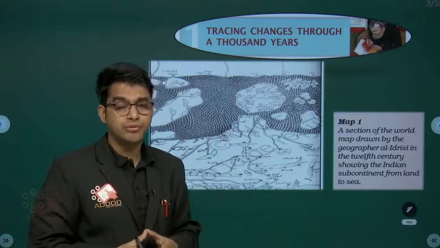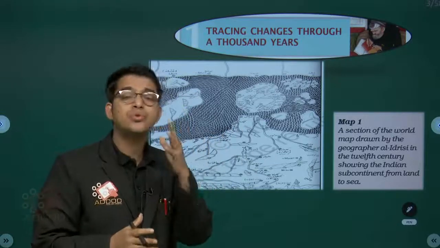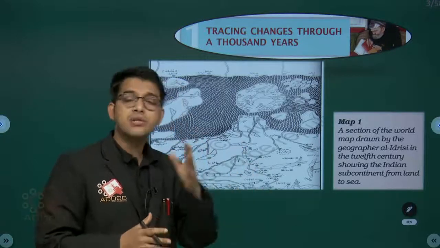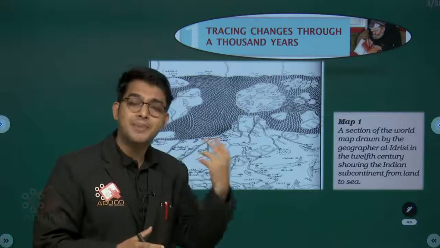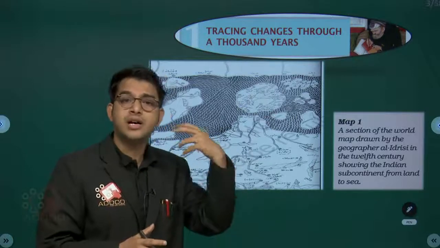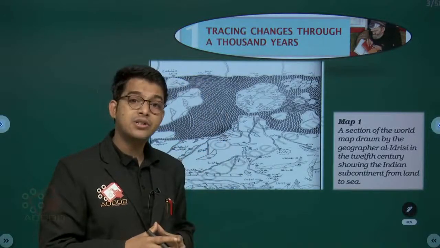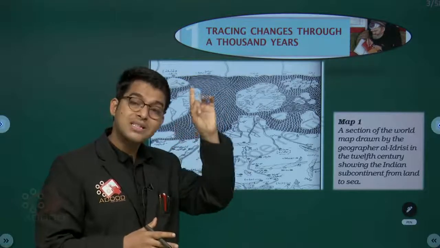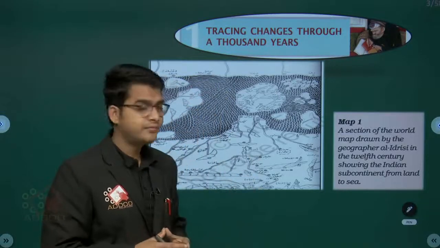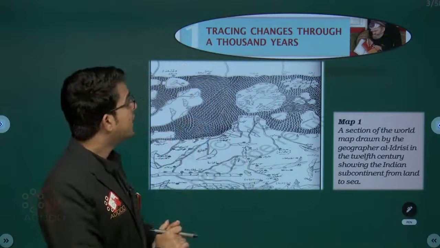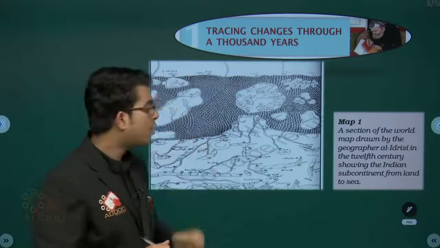Now you have the metro. We are in a metropolitan city. Even if you are in a village and watching this video, you can go to the town and connect with the metro. We have Ola, Uber, bike, scooter, auto rickshaw, taxi, cab, so many things. Was this possible one century before, or just 50, 60 years before? So this is what we are going to understand, Tracing Changes Through a Thousand Years. That is what your chapter is all about.